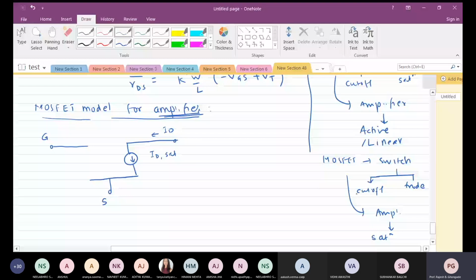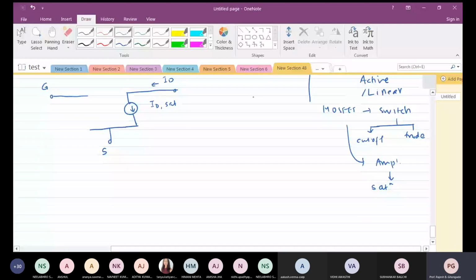Please remember that when I'm talking about large signal, it means large values of VDS also. And whenever we have larger VDS, we have already seen that, depending on VGS values, the drain current remains fairly constant. That is the reason why it is shown as a constant current source. We already know the equation for drain current in the saturation region. This turns out to be half K dash W by L into (VGS minus VT) squared. So this is the ID SAT.